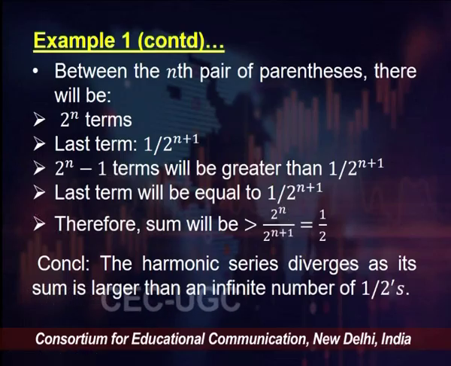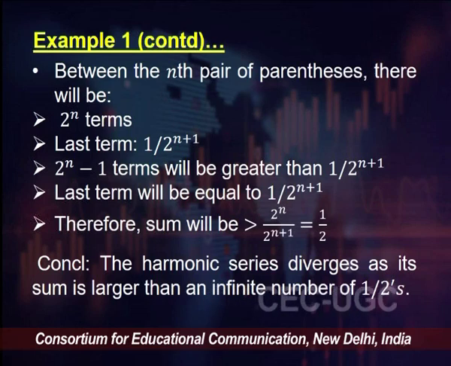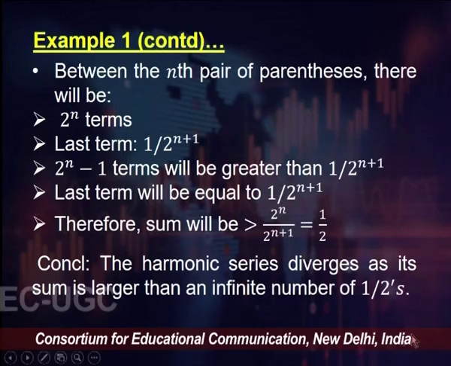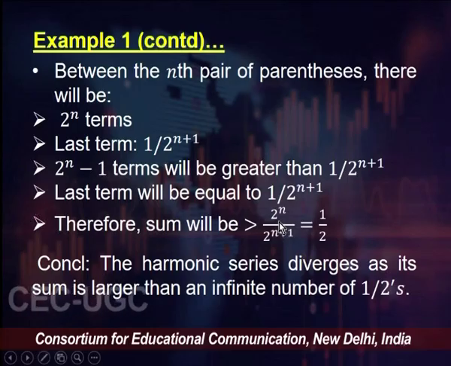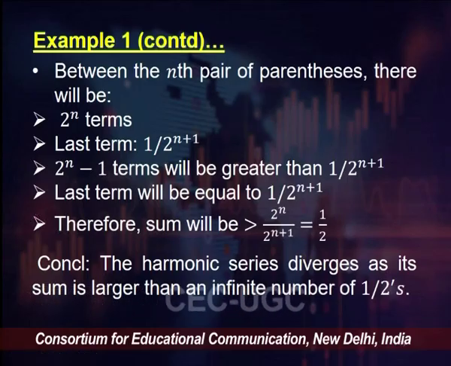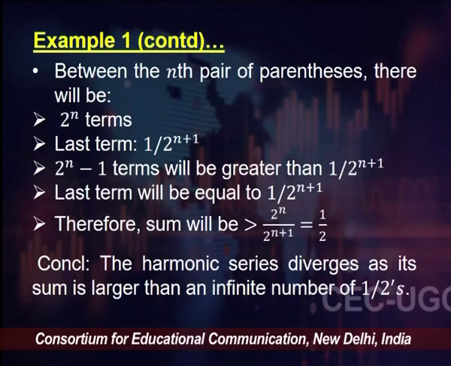So, you have a total of 2 to the power n terms, and together the sum will be strictly more than 2 to the power n divided by 2 to the power n plus 1, right. And that again, if you notice, that is nothing but half. So, what is happening? We have a harmonic series and its sum is larger than an infinite number of halves. So, here we have a series that diverges. The important lesson here is that the nth term for this series tends to 0, but the series does not converge, it diverges. So, the nth term tending to 0, remember, it is a necessary condition for convergence,